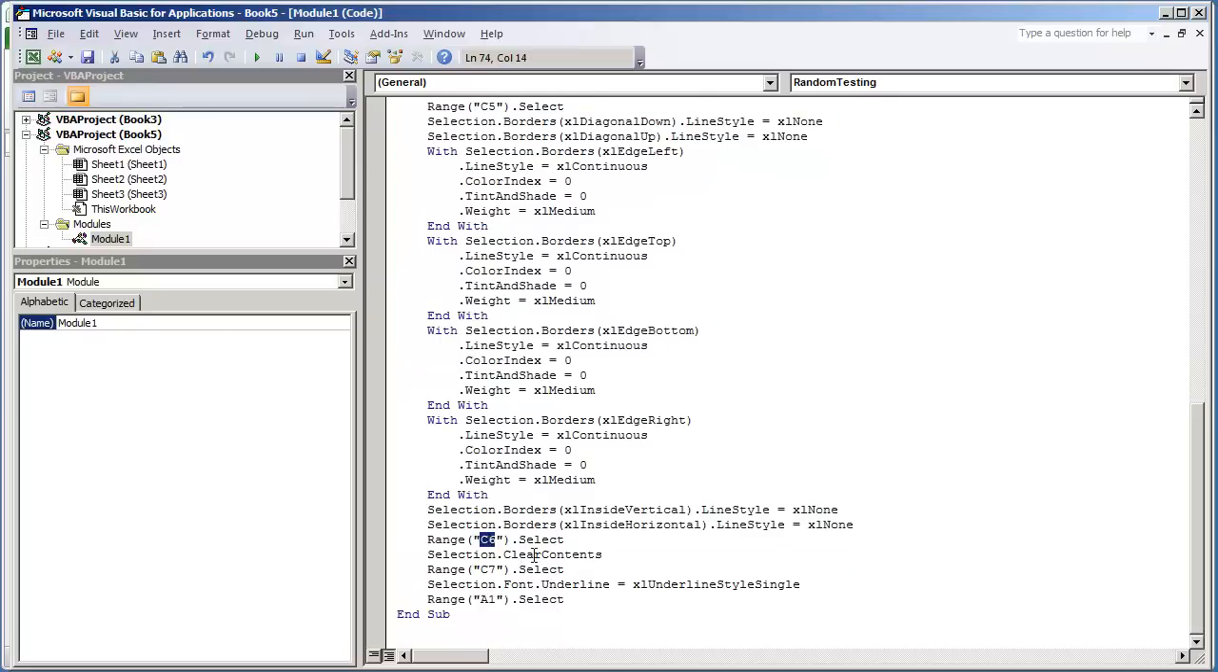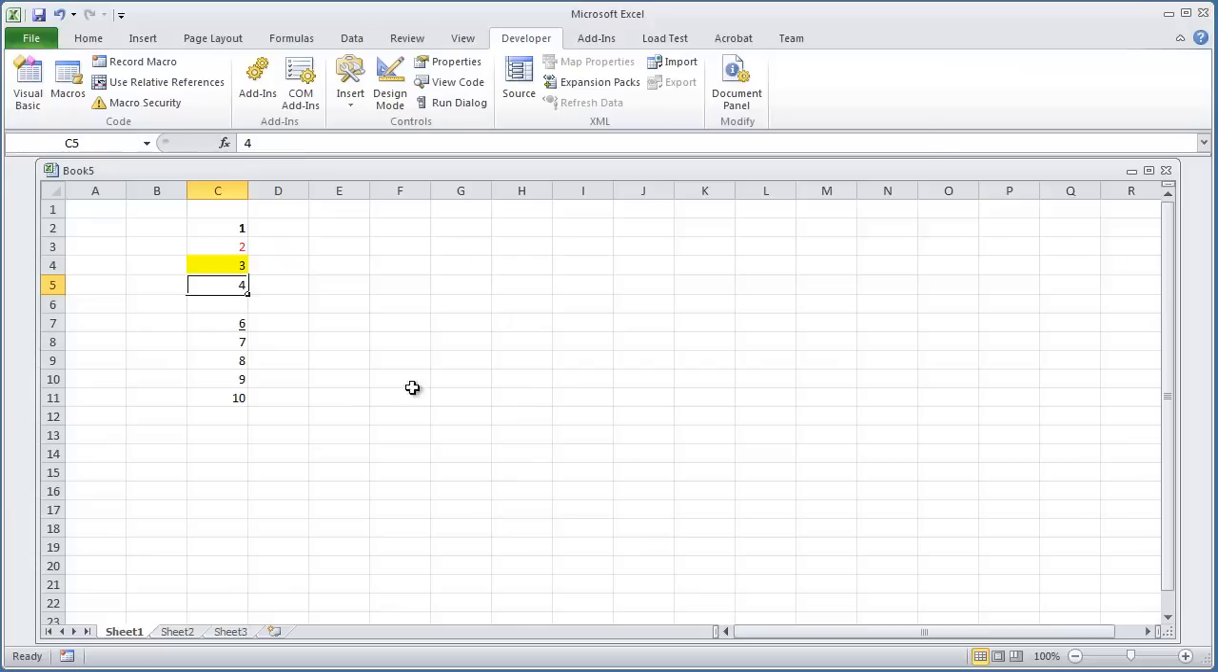Then we selected range C6. All we did was we cleared it out. Range C7. We selected that, and then we underlined it, and then lastly we did A1. So this is just a real quick experiment on what you can do to reverse engineer your code. You know, simply follow along with what steps you actually took on your Excel workbook, and then go back and